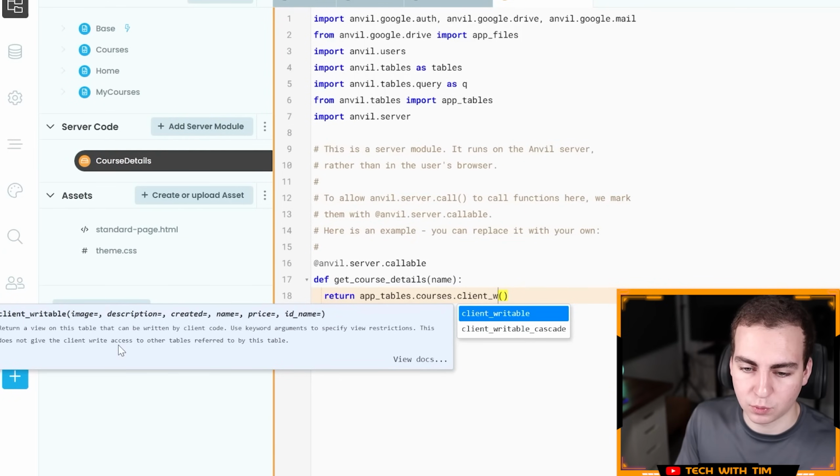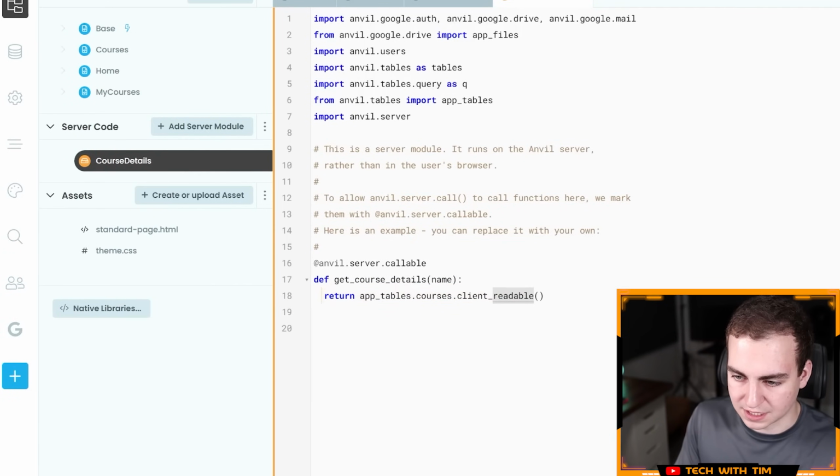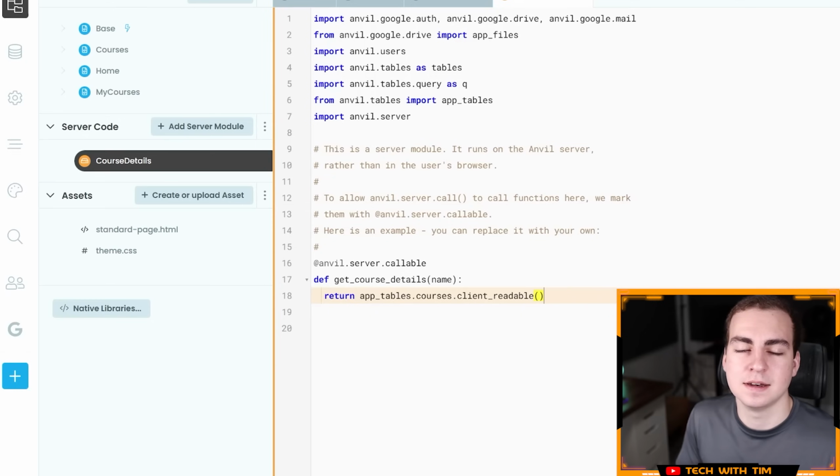This does not give client write access to other tables referred to by this table. So you can read what that says. It's pretty straightforward. But the point is that whenever you have information that you don't want the client to be able to change, then you return readable. If it says something like the client's name or their email or something that they maybe could change, that's fine for them to modify, then you would return client writable, and you could change how the view is writable by